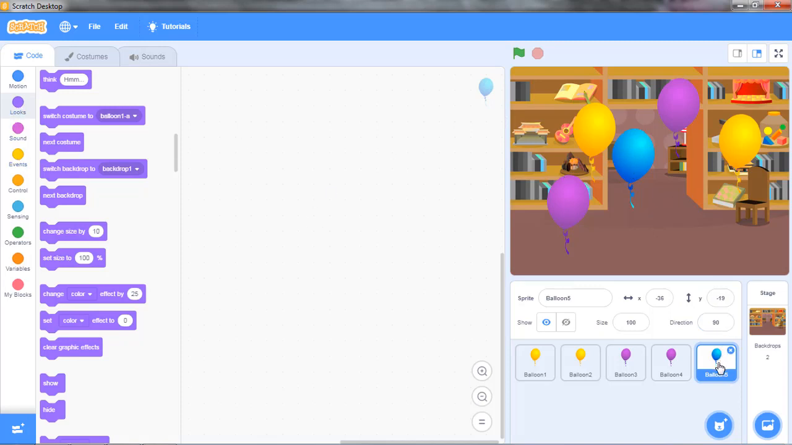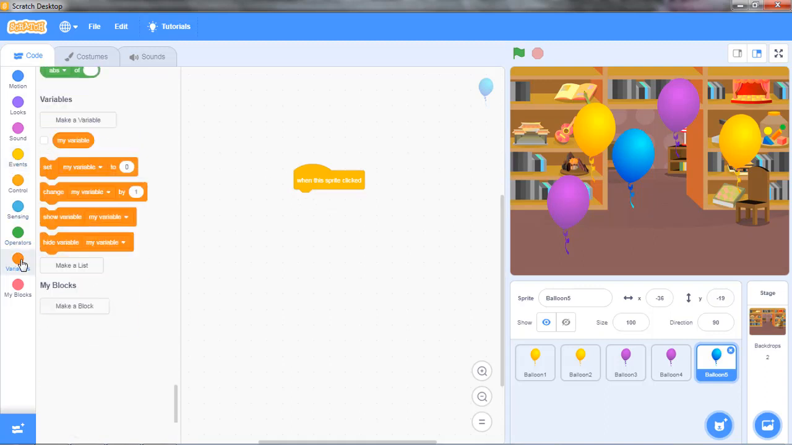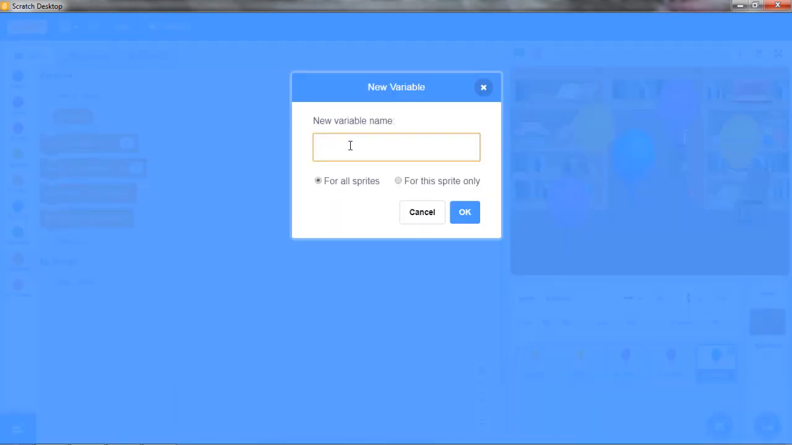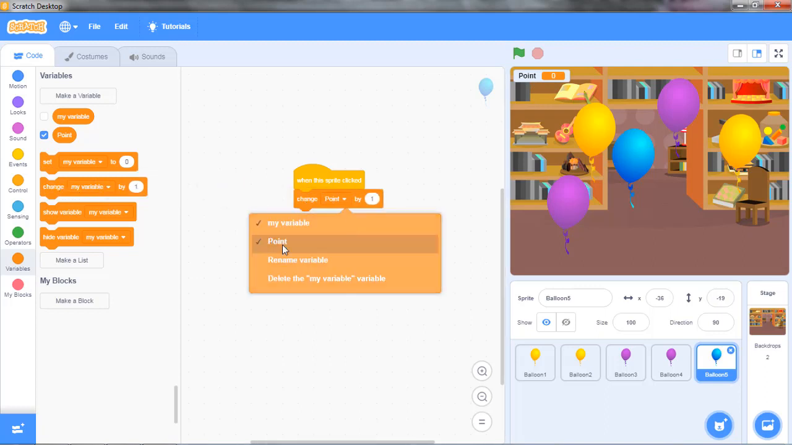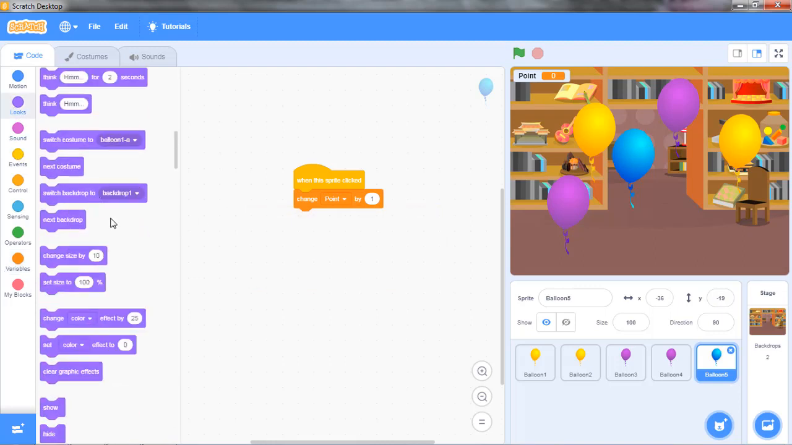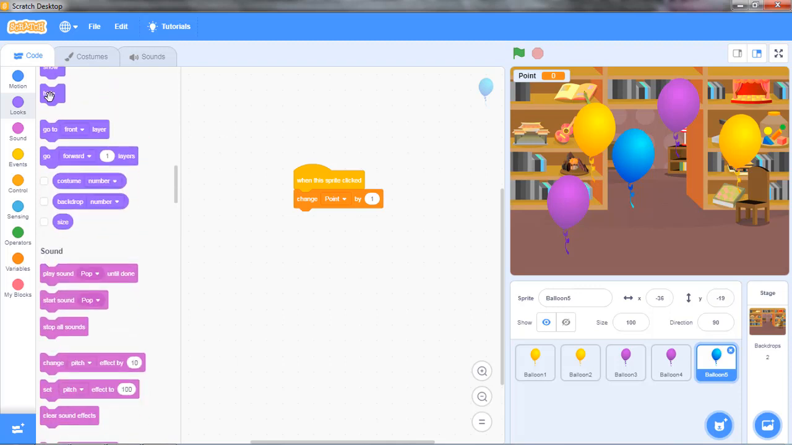I'm on the blue balloon, and when the sprite is clicked, I'll make a variable called point. So for the beginning, this variable will have the value 0, and when the sprite is clicked, change my variable called point by 1, and after I want that balloon to be hidden, so I'll pick this from looks,